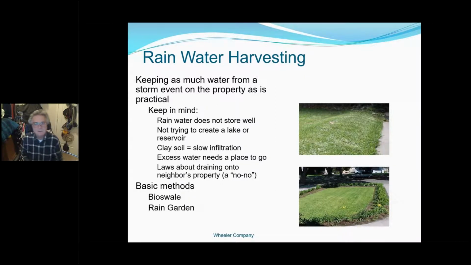In the old days, when they were building houses back in the 50s, 60s, and even into the 70s, the main thought was to get the water off the property as soon as possible, get it into the streets, get it down into the rain channels, and get it out to the ocean as fast as possible. And that has proven to be absolutely harmful because we're getting rid of all that beautiful, wonderful water,